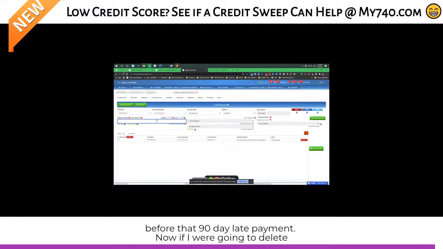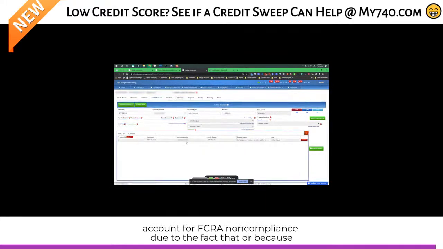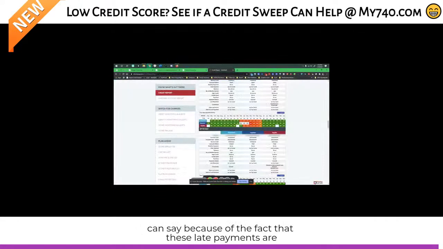Now, if I were going to delete it, I would say the same thing, but stop reporting this account for FCRA noncompliance due to the fact that, or because of the late payment history starting at 90 days late, or you can say because of the fact that these late payments are completely and totally inaccurate. However you want to say that, you don't have to say totally, and then give the